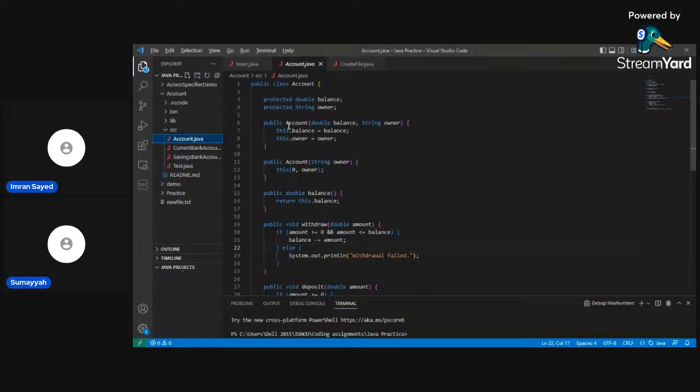Constructors overloading. One of them takes a balance and the owner, in one the balance will be zero. So we basically have to override, right? Maybe just redefine that. How will you override a constructor?